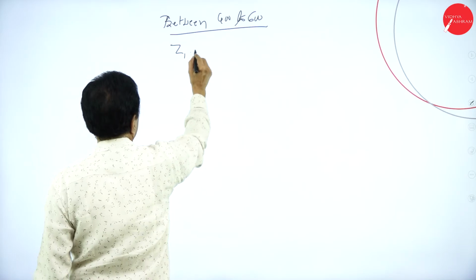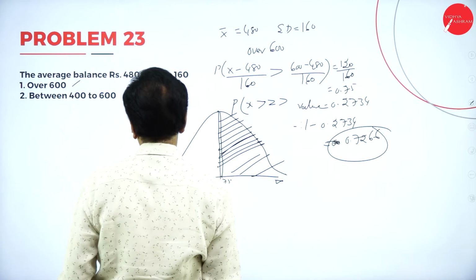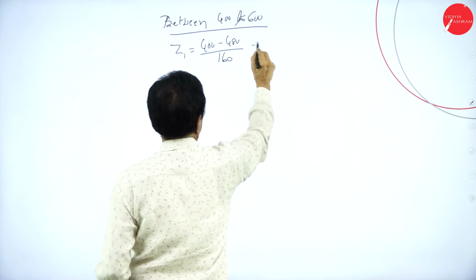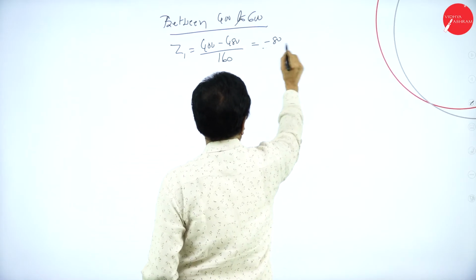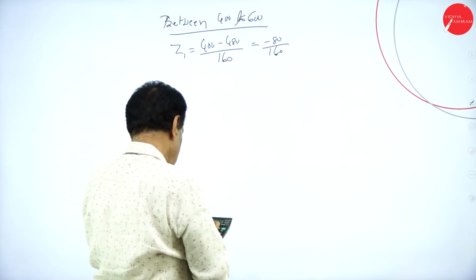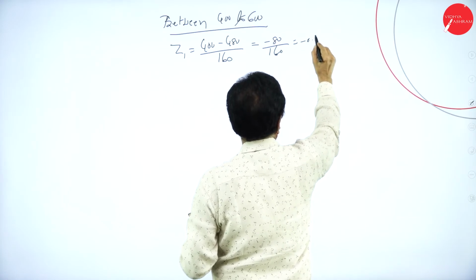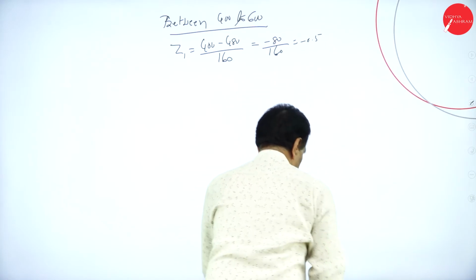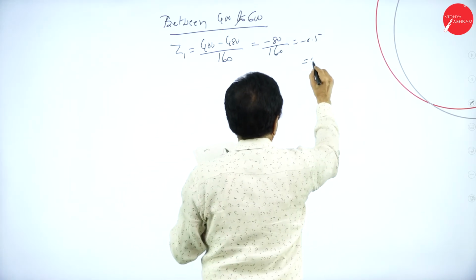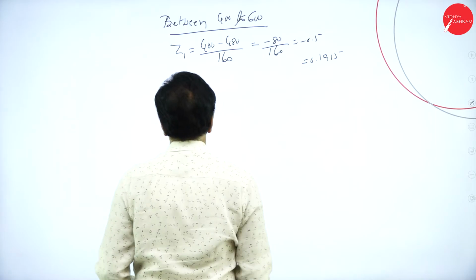Z1 is x minus mean, here x is 400, your mean is 480, divided by 160. This is minus 80 divided by 160, which is minus 0.5. What's the 0.5 value? 0.1915. Now, second, Z2,